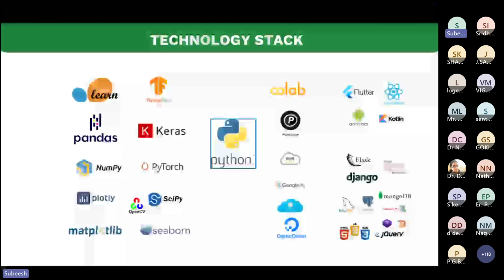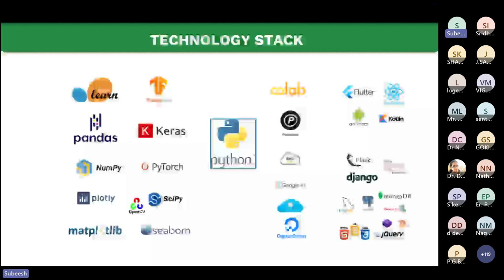And again, for web-based applications, we have Flask, a Python-based framework, and Django, a Python framework, and for databases MongoDB and PostgreSQL. These are all for web-based applications if you want to build them. For the front end, you have HTML, CSS, JavaScript, jQuery, all for front end languages. So with this complete technology stack, plus your hardware, you can build strong, powerful solutions for agriculture-based applications.